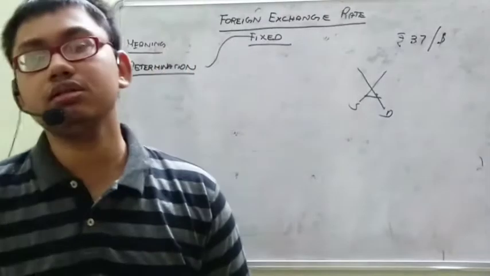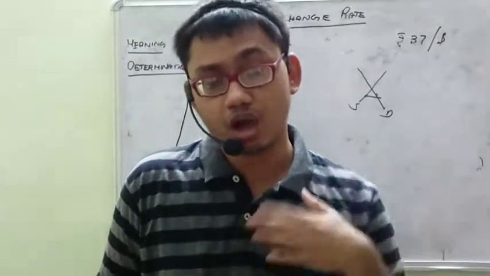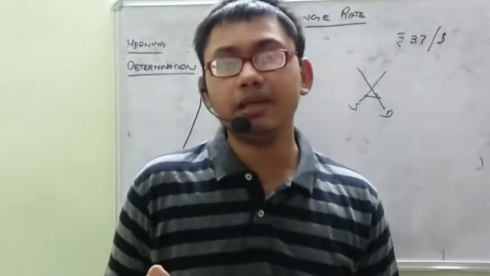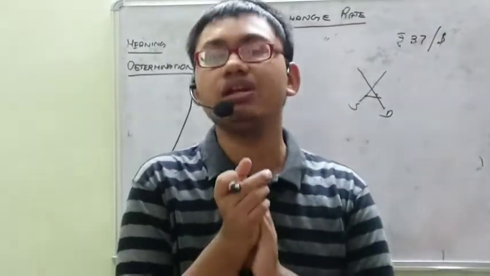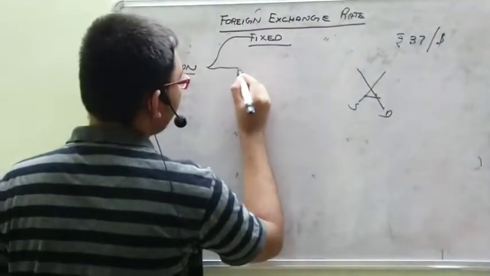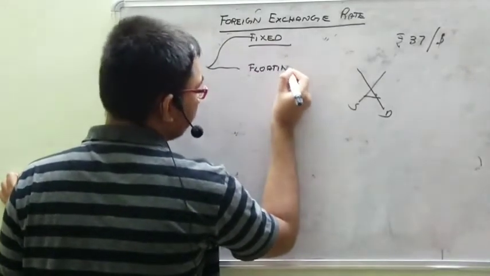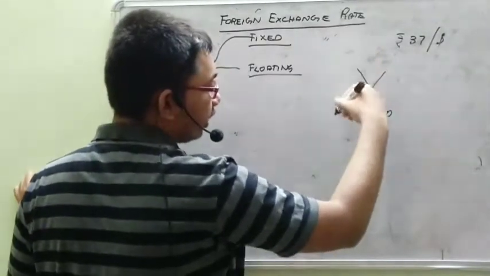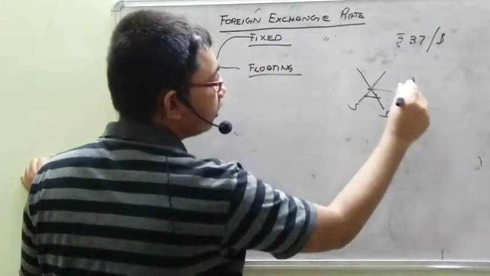So actually what happens, generally if the foreign exchange changes in our favor, we will be able to make higher profits from foreign investment. But if the rate is fixed, then there is no scope for that. Generally it will discourage outflows of capital. Then the second method of fixation is floating exchange rate. It is floating, that is freely left to the market forces of demand and supply. It will be demand for foreign currency and this will be supply for foreign currency, and always the rate will be fixed at this equilibrium point.